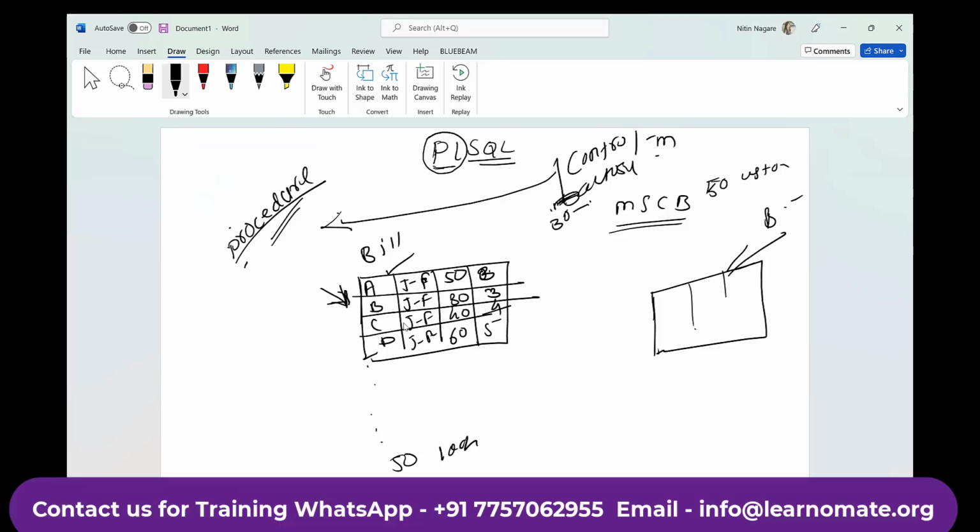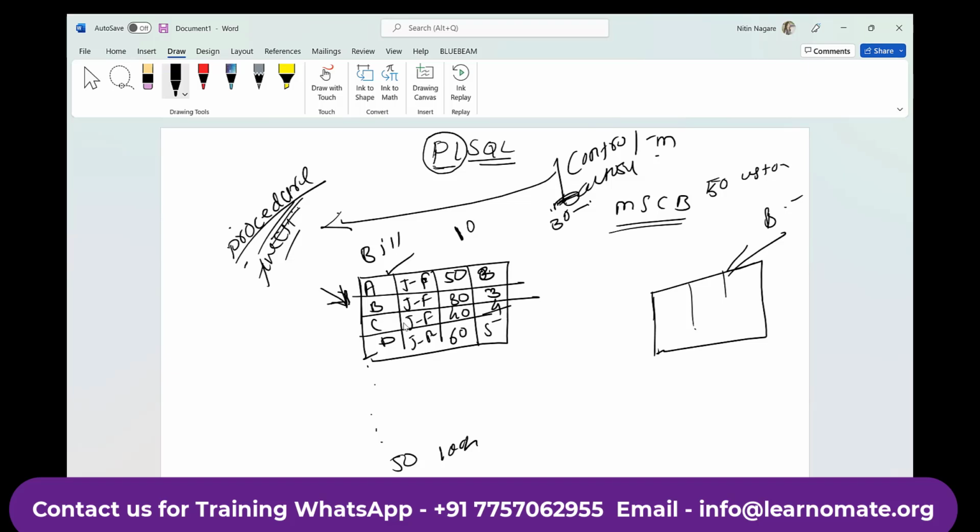So by using some procedure, if we want to perform some calculation, functions are there. Okay, so we will create functions, the procedure functions. Suppose you want to fetch data from a table, from a database, programmatically by using some rules, some requirement. In that case, PLSQL comes into the picture, because using normal SQL, you cannot generate a bill. Only simple SQL, you cannot generate the bill, because here conditions are there.